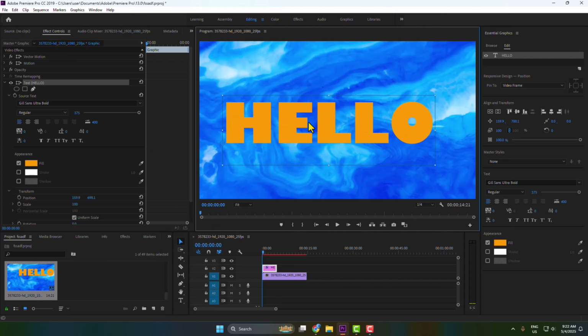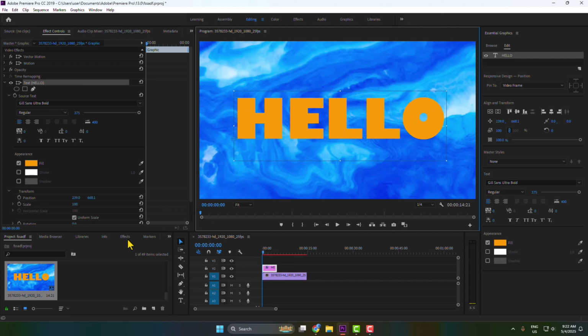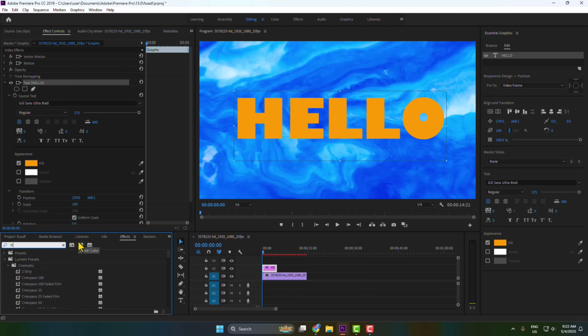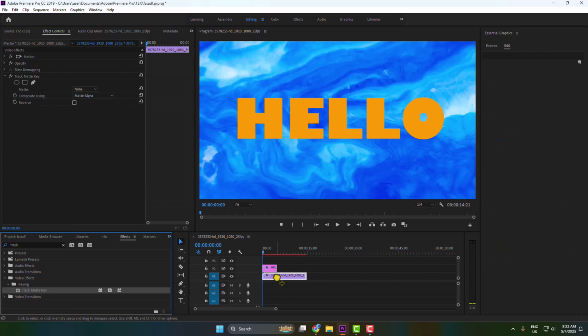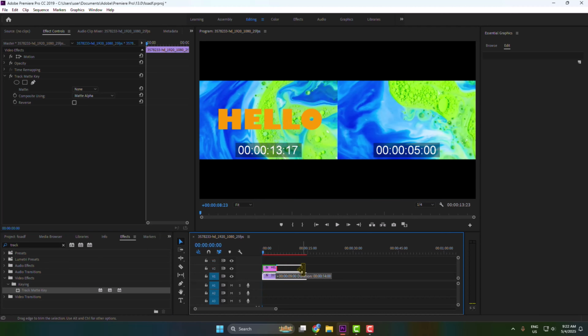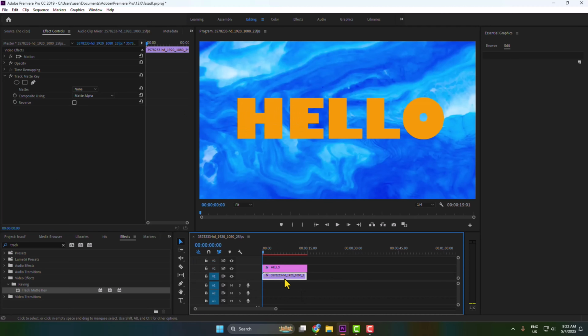After finishing your text editing, now go to Effect section and search here track and add this track matte key to your texture clip. And I'm increasing my text length, and then select your texture clip and go to Effect Controls, and under track matte key just click on matte, and here select your text